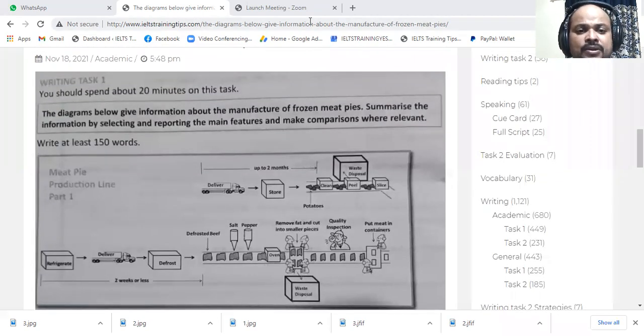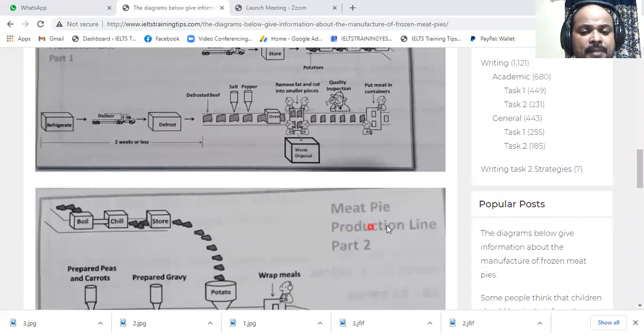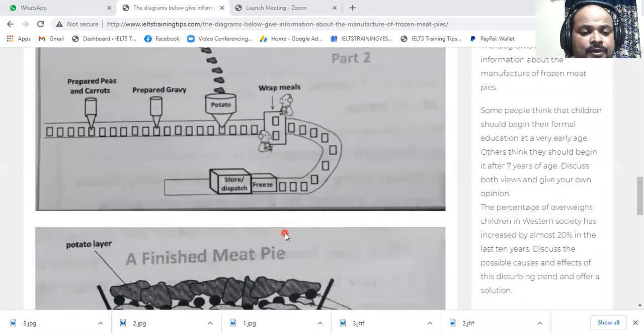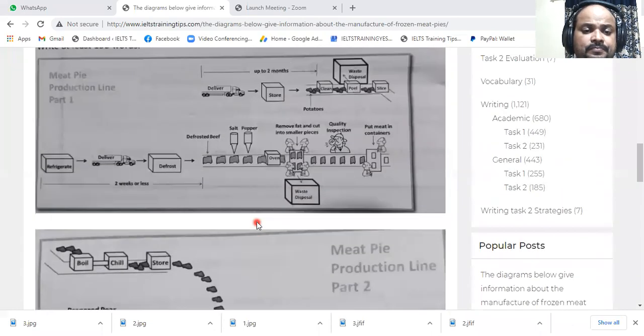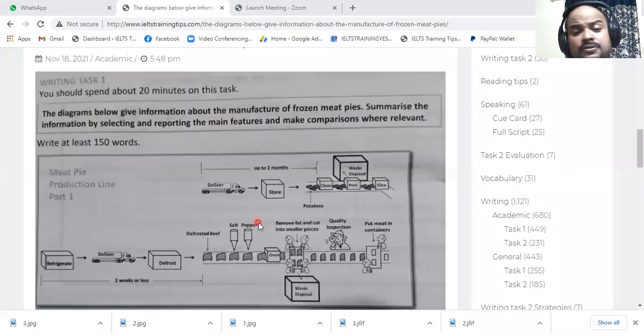Now, when we look closer, we can see that the title here, Meat Pie Production Line Part 1, Meat Pie Production Line Part 2, and this is a finished meat pie. So we have to summarize all the three things. When we see Meat Pie Production Line Part 1, we can say that